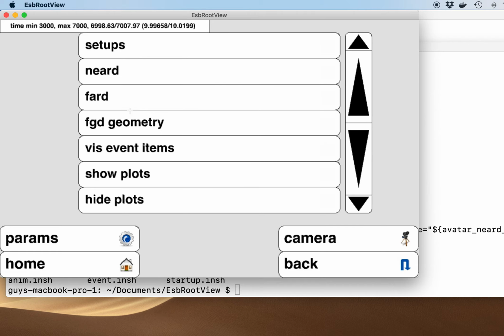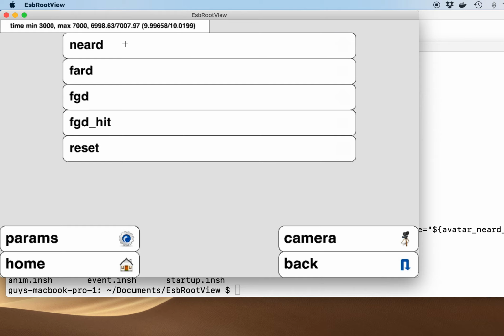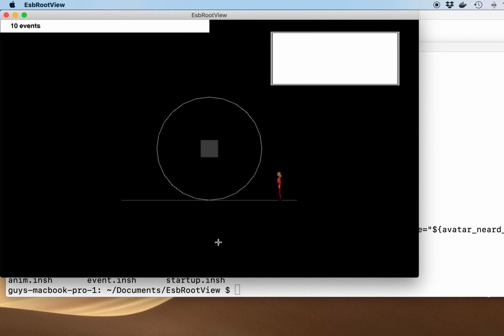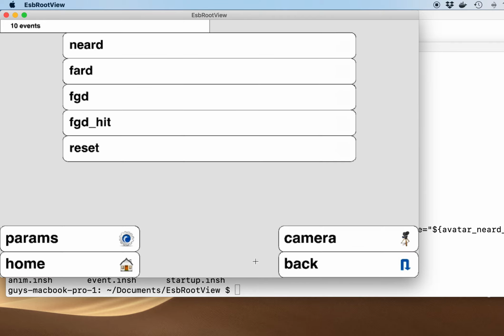Okay, then if I come here, I can show you a little bit of the FGD. Then I change the setup. I'm going to take this one. Then we see the FGD that appears.